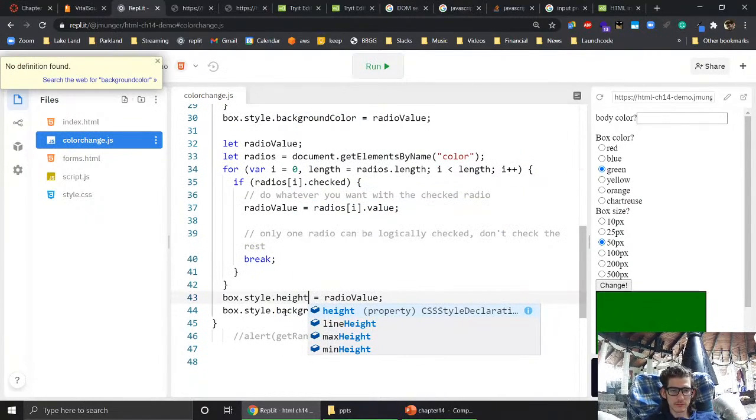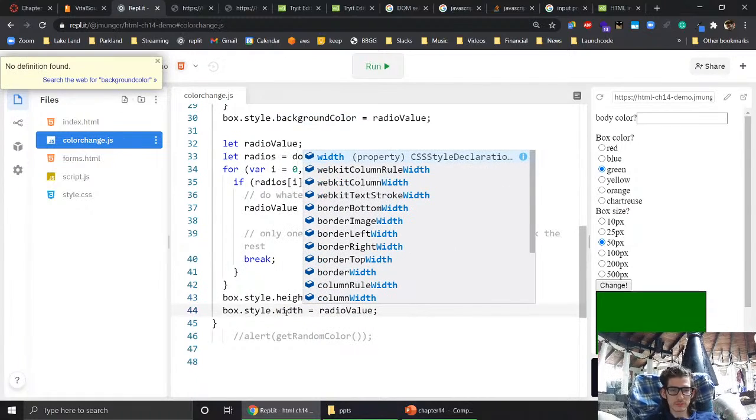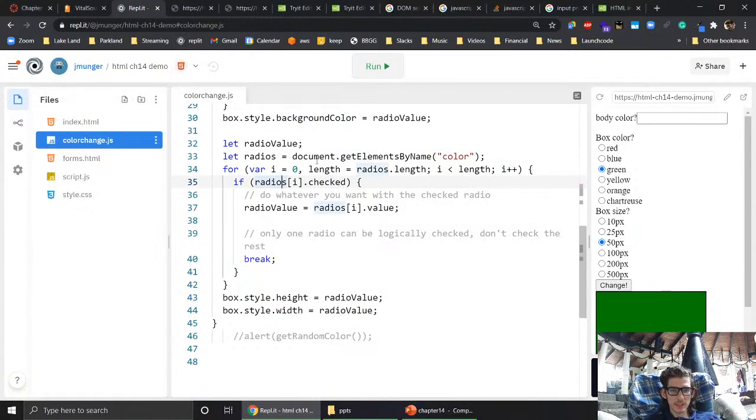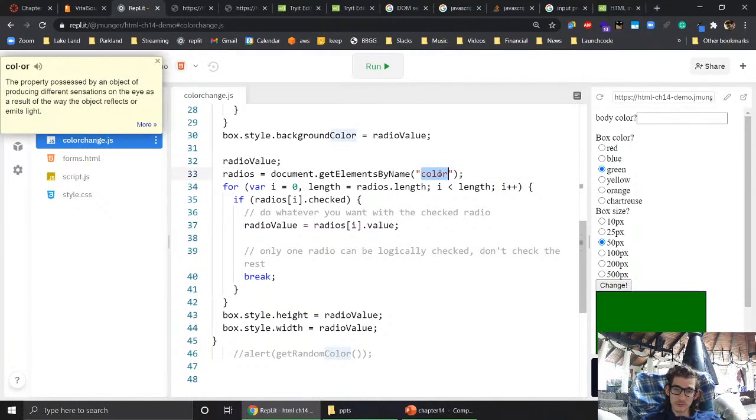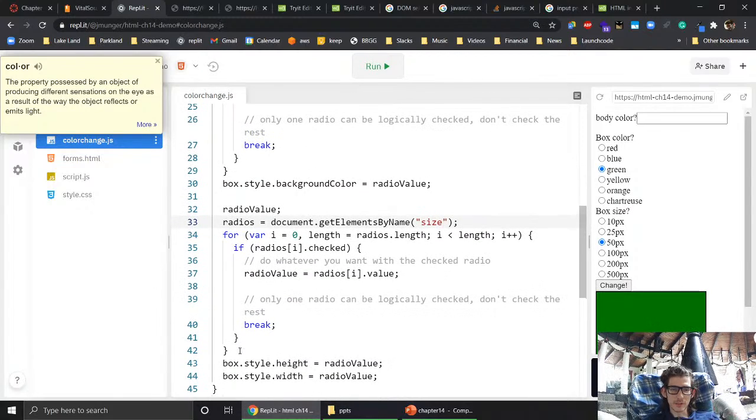Height, width, and I don't think we need to change anything else actually, except this part for getting the values. We're not looking for the value in the color group, we are looking for the size group. And since we're copying this same code right here,